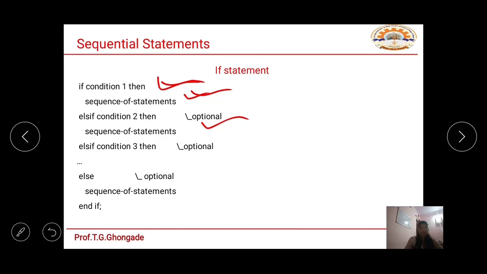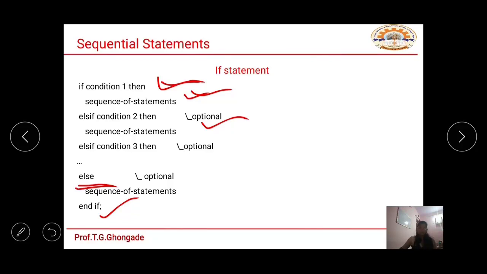If that condition is not satisfied, we move on to condition number 3 and so on until the last condition is satisfied. The last condition is written as the else statement. So until the last condition is satisfied, we go on to the next statement and then the next, and so on. After that we have to end the if clause, so end if. This is the structure of defining the if statement.